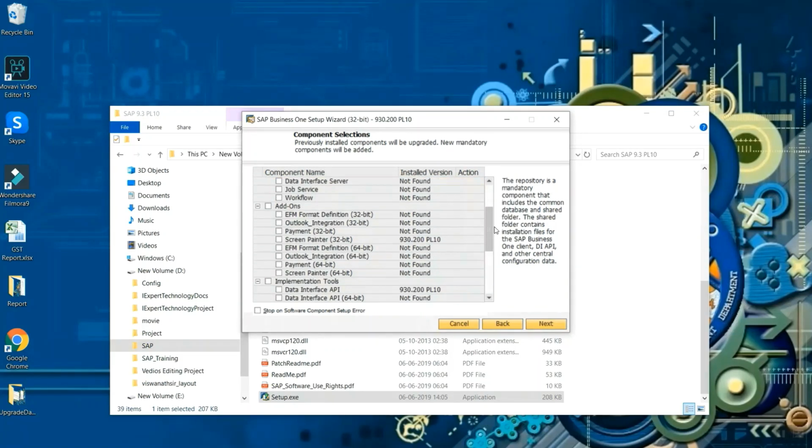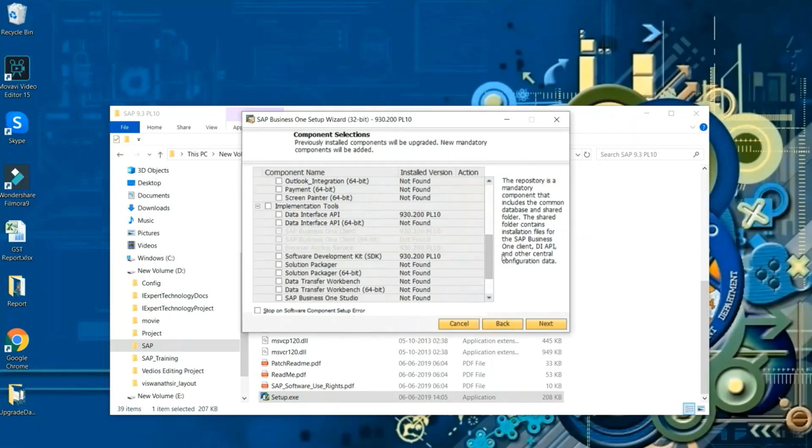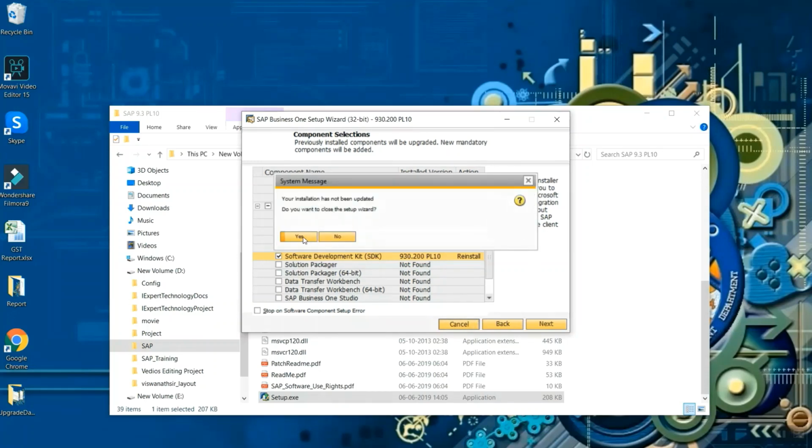Let me show you where the SAP Business One SDK is. This one you need to install. As you can see, I have already installed it. You will have to follow the instructions of this wizard, and once it finishes, you will come back. I'm not going to install it because I have already installed it, so I'm going to leave from here. In this way you will install your SAP Business One SDK tool,